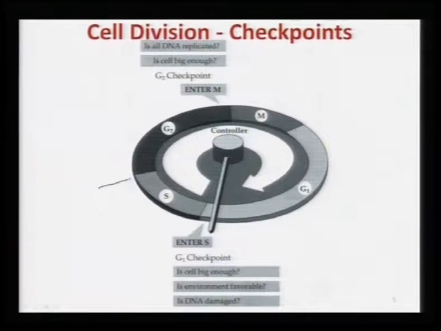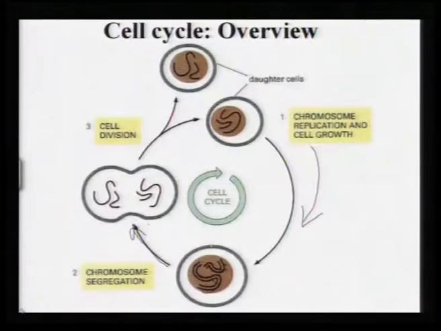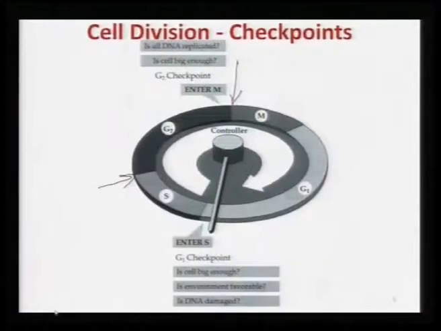Now, after this S phase, there is again a checkpoint here. So, similar checking will be done. After that, between G2 and M, another checkpoint is there. Again the checking would be whether all DNA is replicated and whether the cell is big enough, because there is chromosome segregation and there is replication. Replication means whether all DNAs are replicated before the chromosome segregation, because here we have not indicated G1S, G2M, but it is at particular stages of the cell cycle.